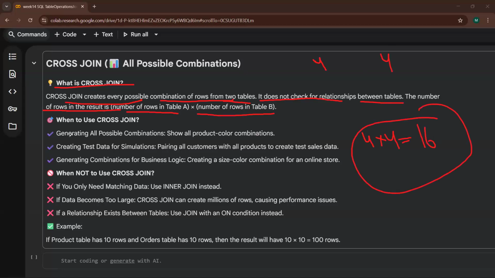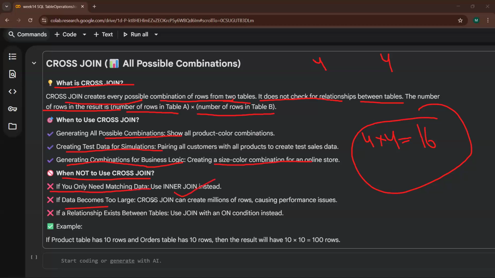Okay? But why and when to use cross join? To generate all the possible combinations, generating test data for simulation, and generating the combinations for the business logic, like creating the size and color combinations for an online store. And when not to use the cross join: if you only need matching data, use inner join instead.